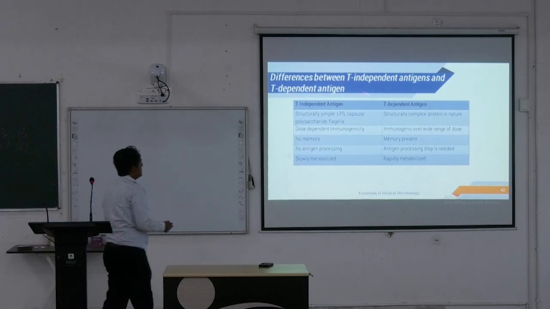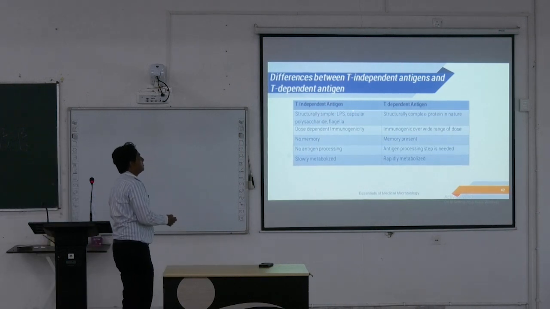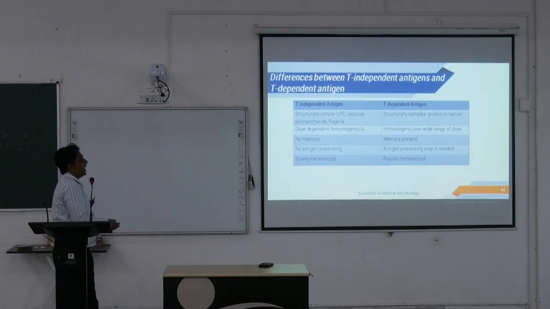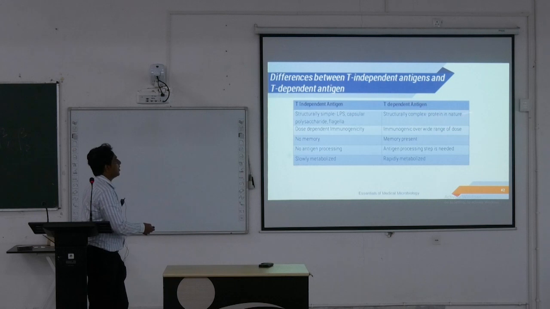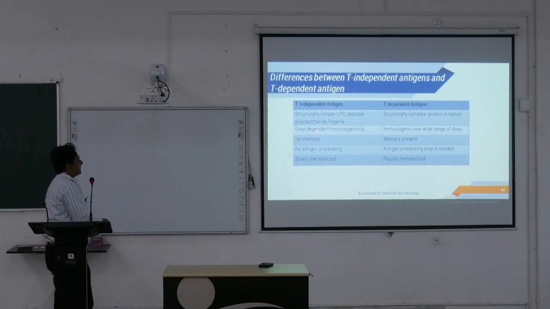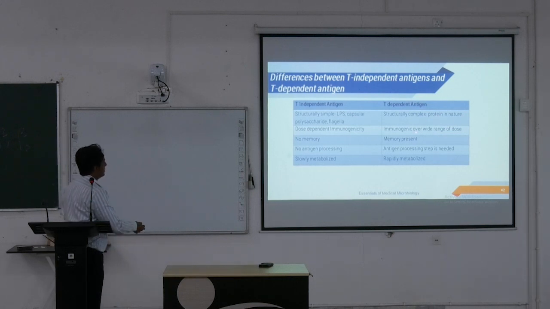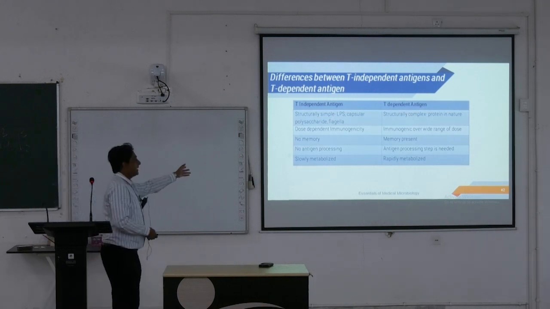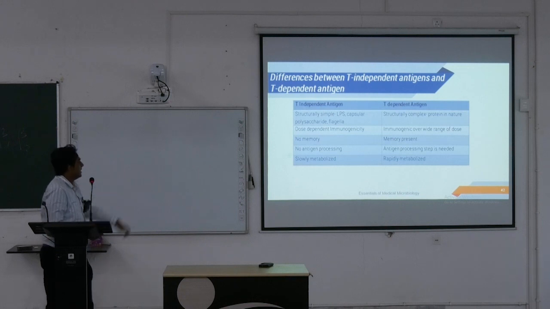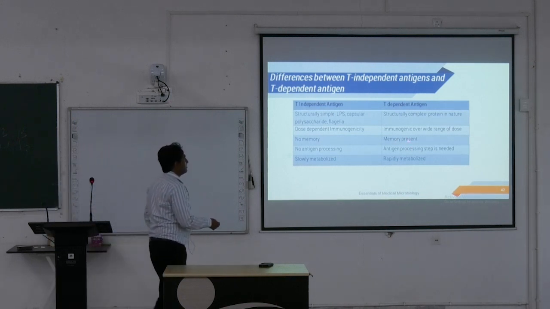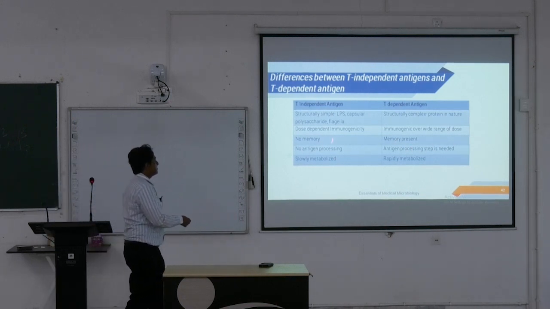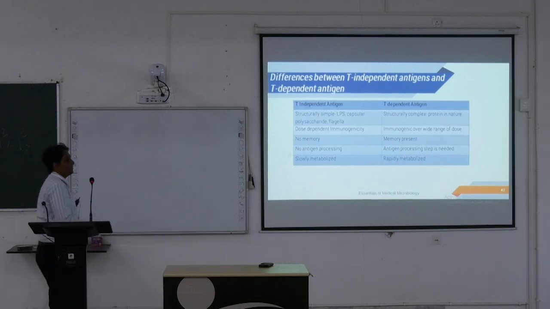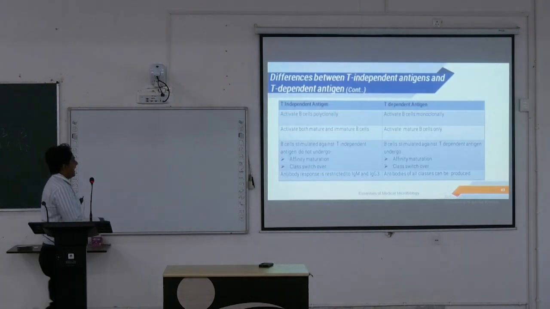তফাৎগুলো কি কি? এইটা আসে। টি সেল ইন্ডিপেন্ডেন্ট গুলো হচ্ছে স্ট্রাকচারালি সিম্পল, যেমন ক্যাপসুলার পলিস্যাকারাইড, ফ্ল্যাজেলা। আর টি ডিপেন্ডেন্ট গুলো হচ্ছে স্ট্রাকচারালি কমপ্লেক্স, প্রোটিন ইন নেচার। এটা ডোজ ডিপেন্ডেন্ট, এটা ওয়াইড রেঞ্জ অফ ডোজ। টি ইন্ডিপেন্ডেন্টে যেহেতু টি সেলের হেল্প লাগছে না, তাই এদের কোনো মেমোরি সেলস থাকছে না। কিন্তু টি ডিপেন্ডেন্টে মেমোরি থাকছে। এখানে কোনো অ্যান্টিজেন প্রসেসিং হচ্ছে না, আর ওখানে অ্যান্টিজেন প্রসেসিং হচ্ছে। এটা স্লোলি মেটাবোলাইজড আর ওটা র্যাপিডলি মেটাবোলাইজড।